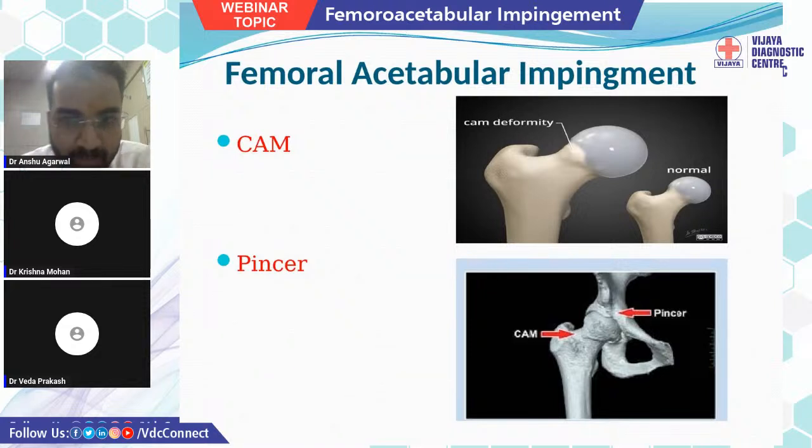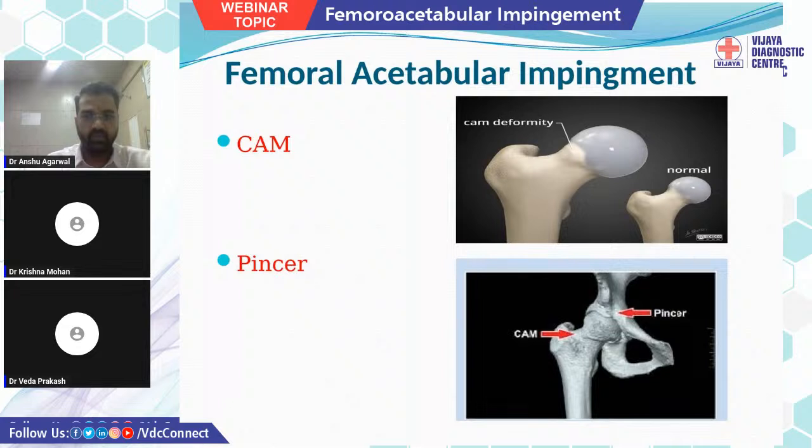If I try to make you understand in layman's language: when a wooden door increases in size and we try to shut it, it gets stuck at the edges. And in pincer, say a tire of a car, when there is too much mud or snow attached to the edges, it restricts the tire from moving smoothly.